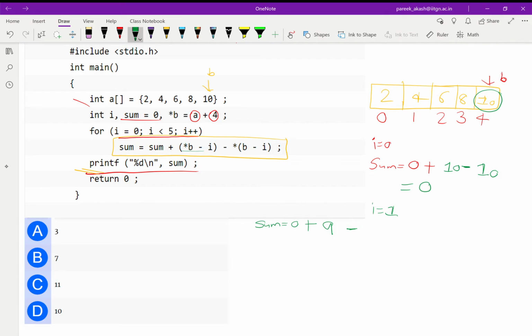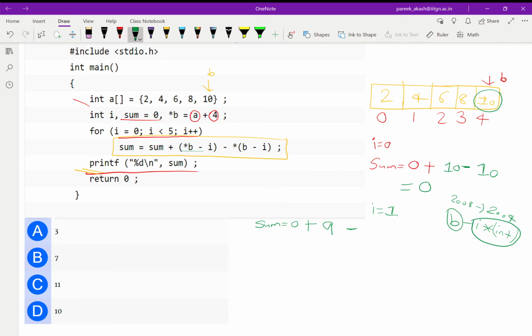That means it will point to the third location. If this array is int, it will go 4 bytes back. If the address of b is 2008, then it will go to 2004, because it will deduct 4 bytes from it.